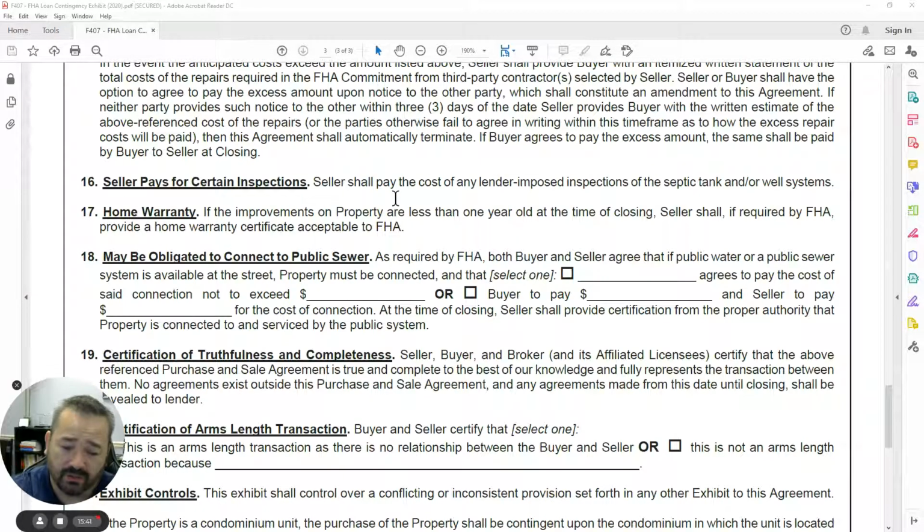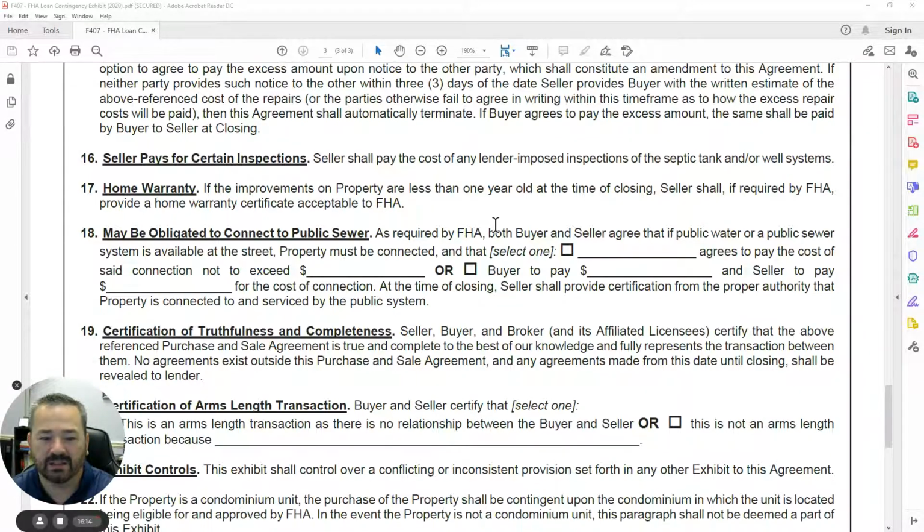And I encourage you guys, you've got to go through and understand and read all of these things. For example, from a seller side, when the seller accepts an agreement with an FHA loan, they are agreeing to pay for the cost of any lender-imposed inspections of the septic tank or well systems. So the seller's agreeing when they accept an FHA loan. There's hidden gems like this throughout our contracts that you need to read through and understand every element. Okay, but the next thing that we are filling out